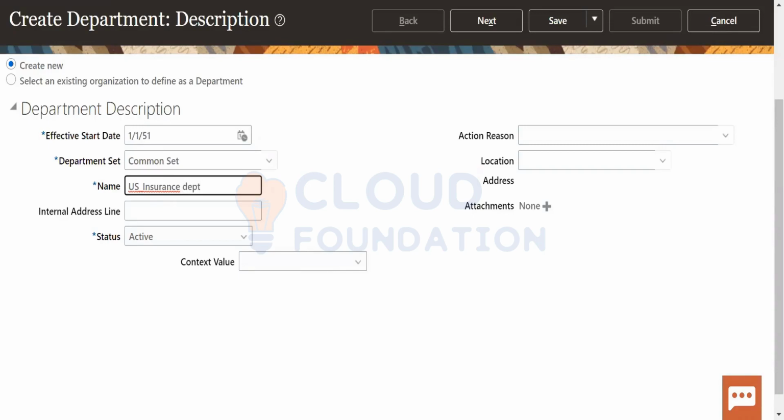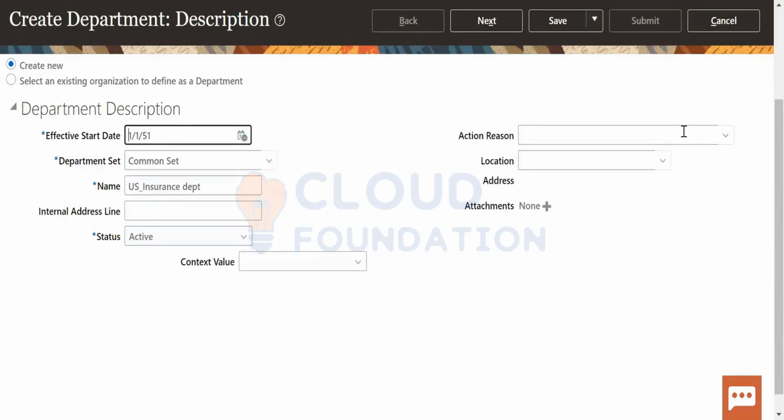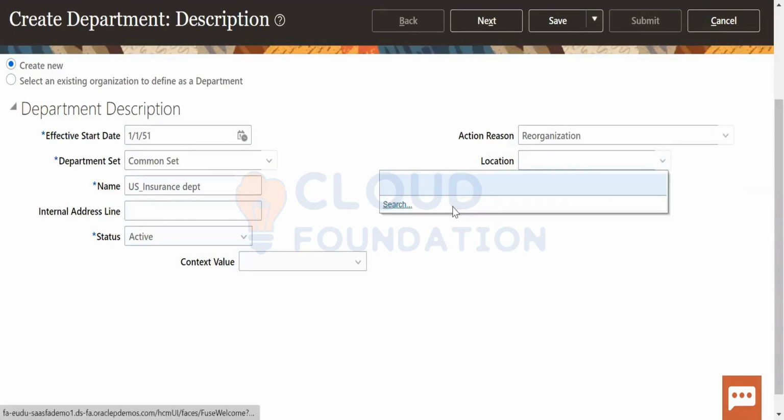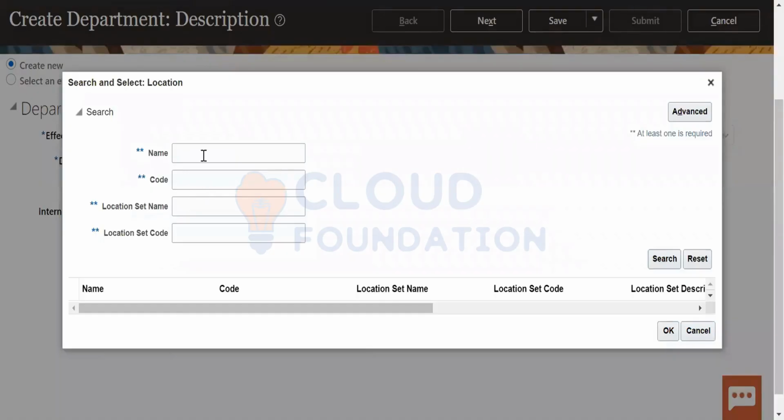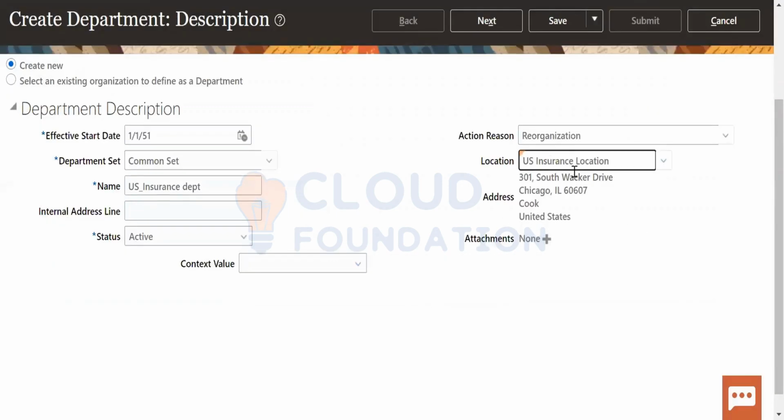Okay, insurance department. And I'll keep the first effective date. It is find active action and action regions. These things are very important, action and action regions. We have a different table for that. Location will be India, US, I'll keep it as US. Search. Okay, I will tell you what is set. Look at common set. Context values, descriptive, next, GL cost information.